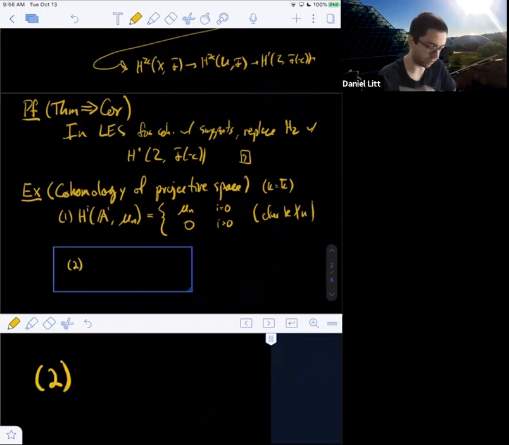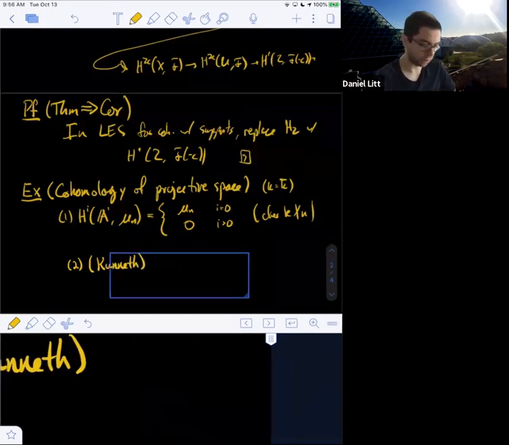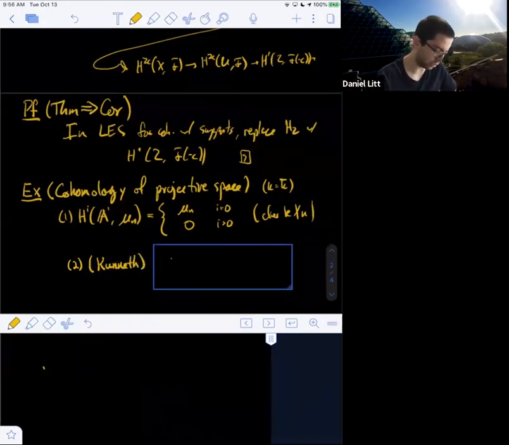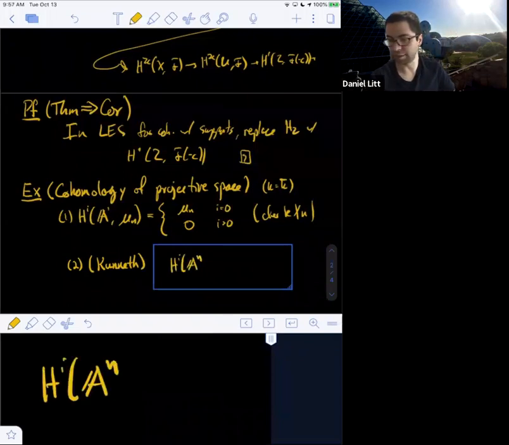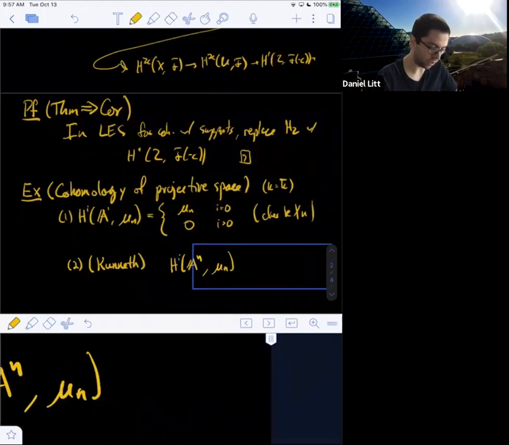Okay, so then step two, and this I'm going to have to owe you. I'm going to sketch the proof of the Künneth theorem in a couple of lectures, but there's a Künneth theorem that lets us compute the cohomology of a product, and what this implies is that in fact the same thing is true for the cohomology of affine space. There's a little subtlety here I'll talk about when I get to the Künneth theorem, but we get the same computation.